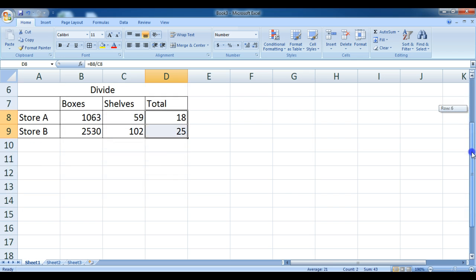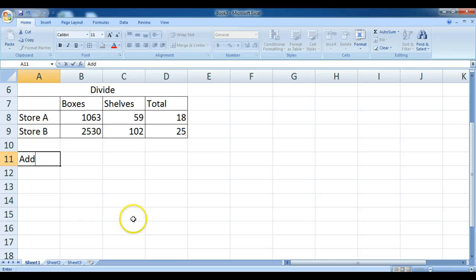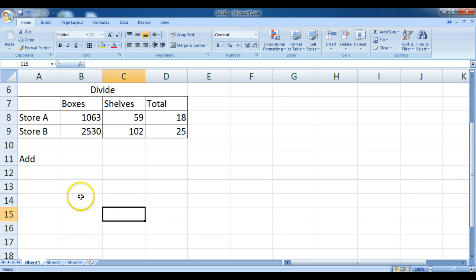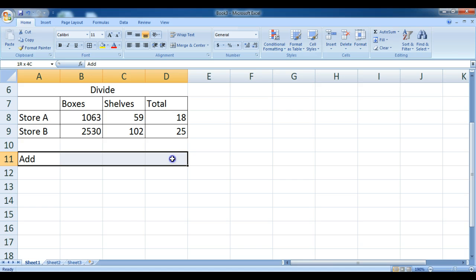Okay, next, click in cell A11, and we are going to key in the word add. Again, you can click off of it. Click and move your mouse to the middle of A11. You're going to click and hold your click down, highlight over to D11, go up to the ribbon, find Merge and Center, click on Merge and Center. Then you'll come back down